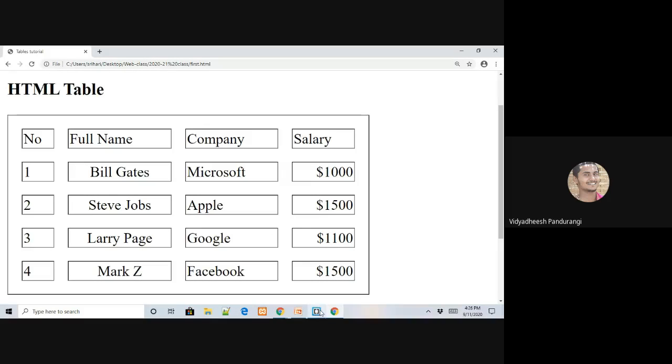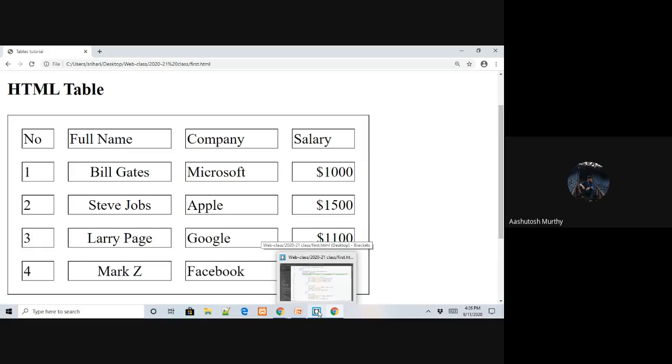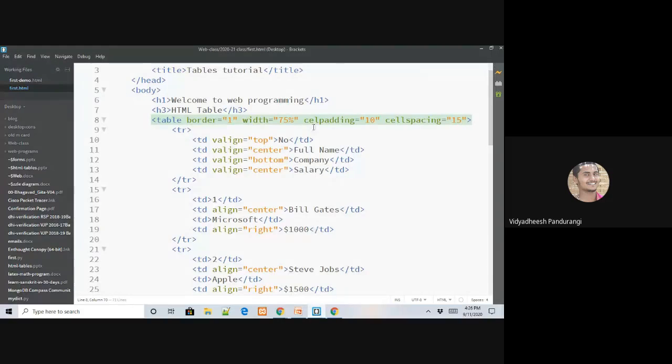Cell padding, the spelling should be CELL. You're right. Let me minimize the cell spacing here, because if you have more cell spacing, then the area of the inner cell will reduce. So we'll have minimal cell spacing and more cell padding.